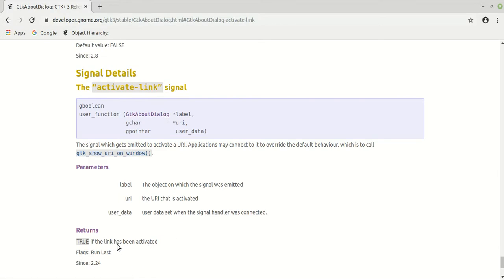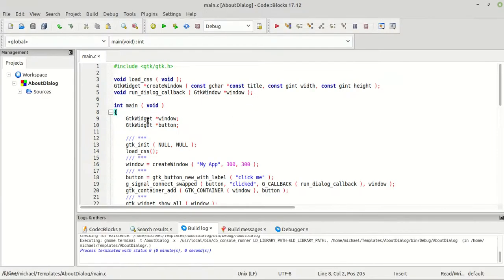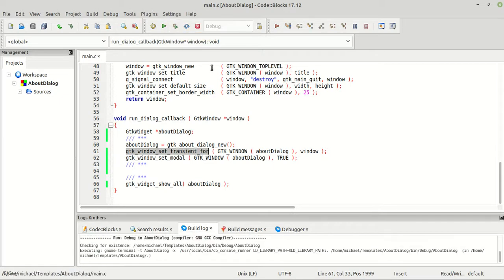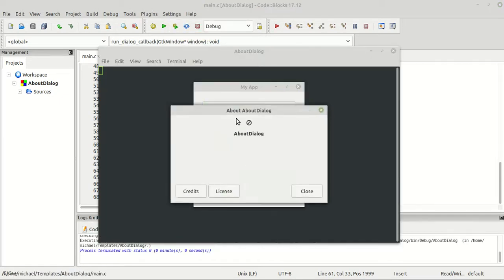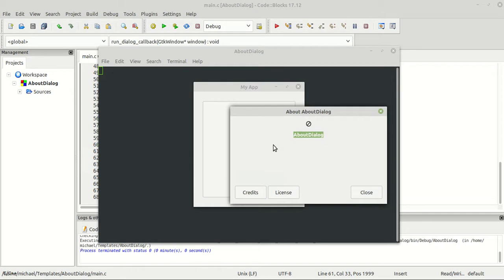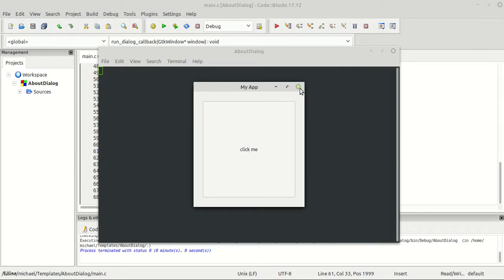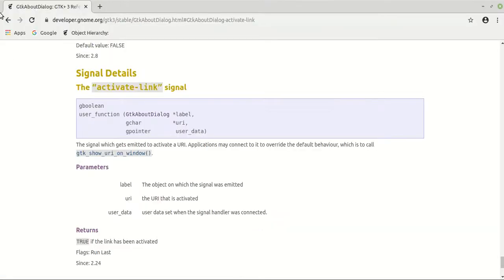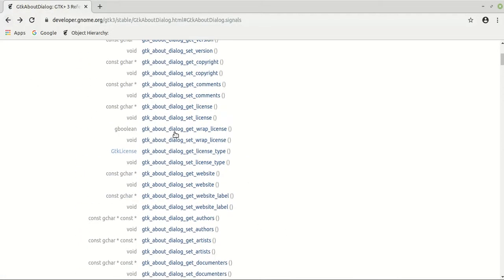Before we proceed, let us check how the program looks like. At this point we have only the about dialog created, which we created new. We set its transient for, and then we set modal to true. Nothing special, so it's just a window which prints its name and also those 3 buttons. Okay, so that being said, before we proceed, let me go a little back to its functions, and we are going to set